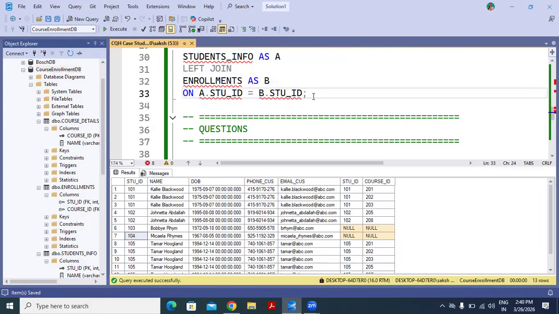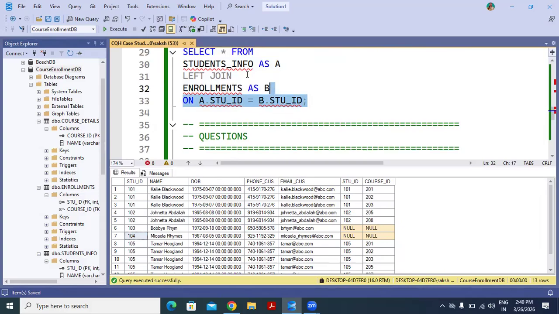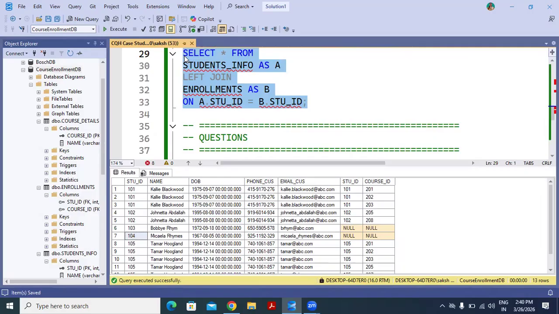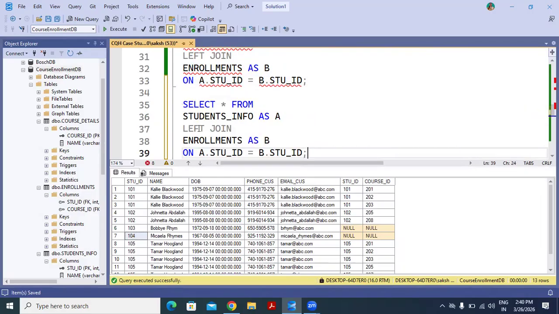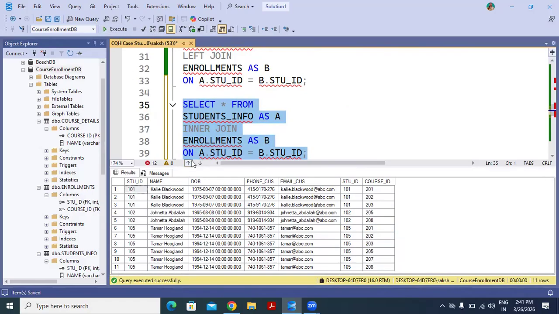And also, if instead of left join, we perform inner join, then you can see you don't have null now. It means you have the common records from both the tables.